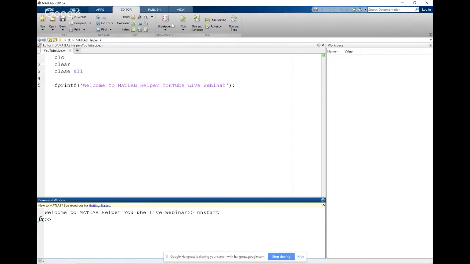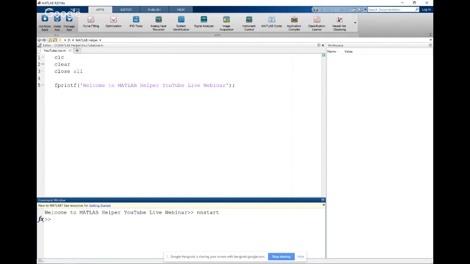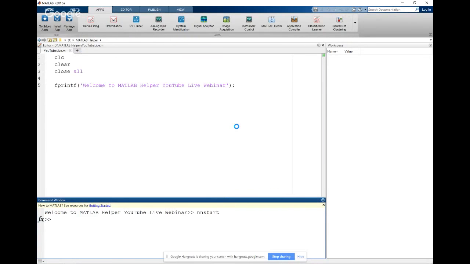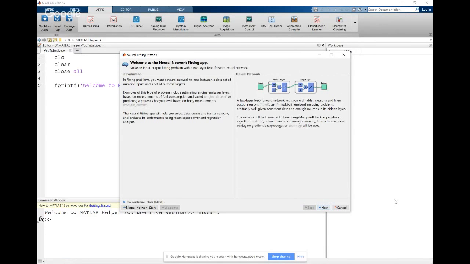The other way is through the apps section. Just go through the drop down section over here, and you will find the machine learning toolbox. Then you will find the neural network fitting application over here, to solve fitting problems using two-layer feed-forward networks. I'll just click on this and it will take us to the neural network fitting application.